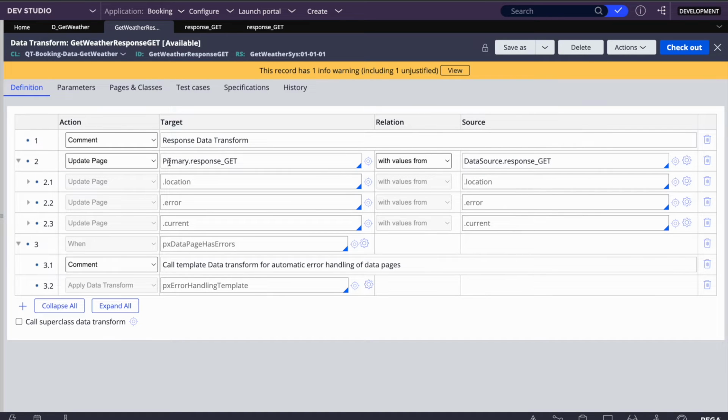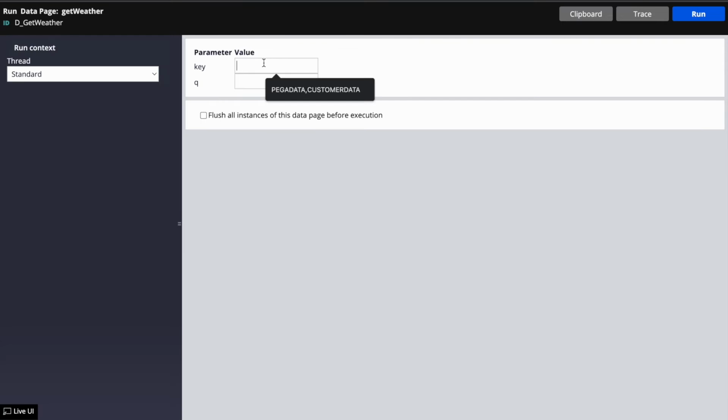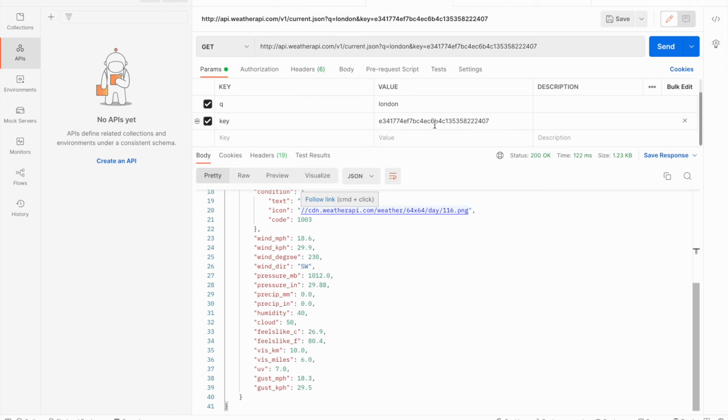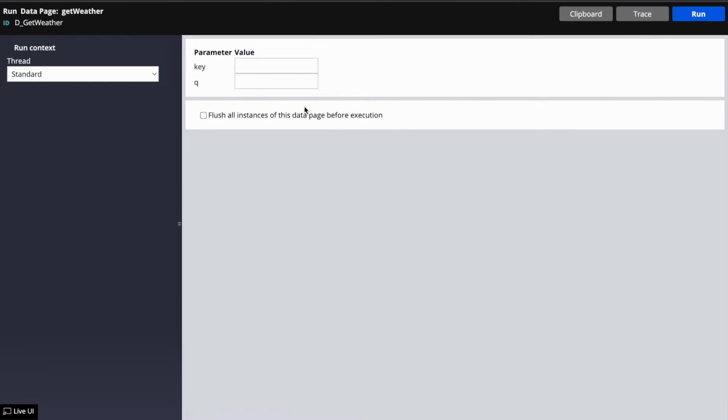Everything previously, if you have noticed, was directly mapping to primary dot locations, primary dot error, primary dot current. Now it will map primary dot response and then locations. So let's see that difference. Run here and then pass enter the key. Let me copy that key value and then